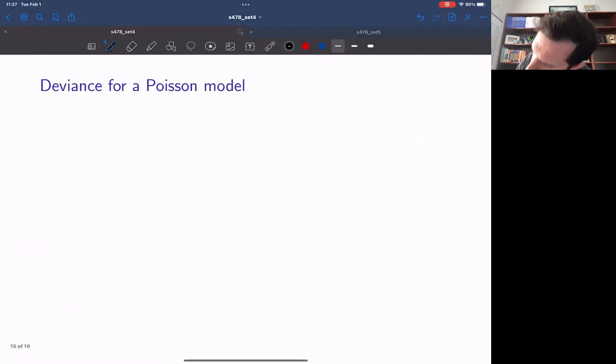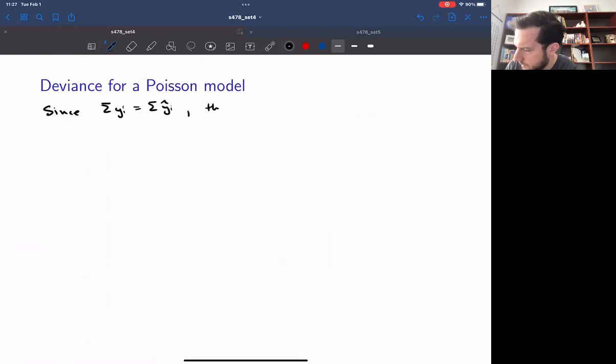Okay, and then we can say, since the sum of the yi is equal to the sum of the yi hat, then D is 2 times the sum from i equals 1 to n of yi times the log of yi over yi hat,